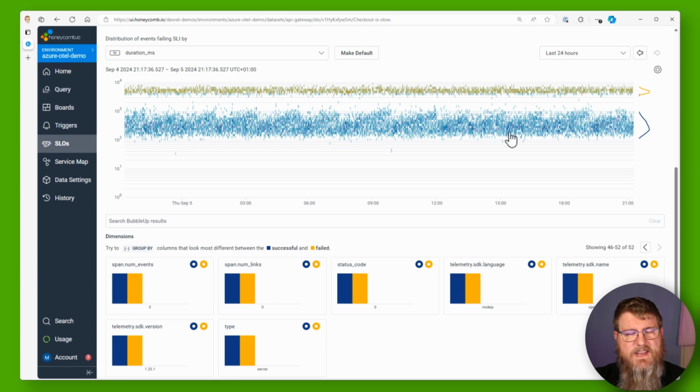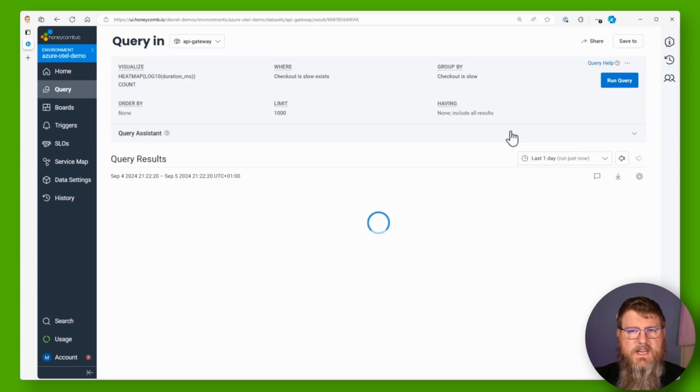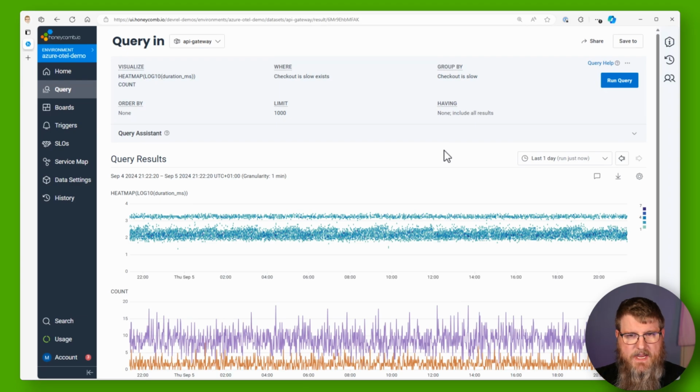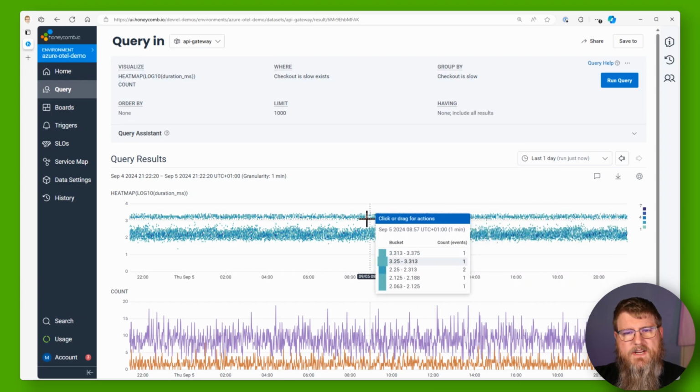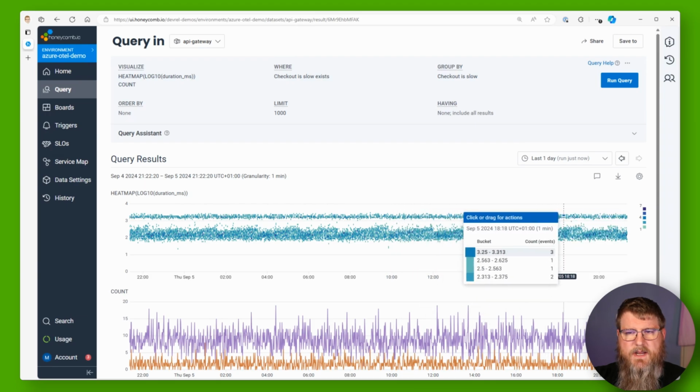Now we've got something called a heat map here. Let's click through and see where we get to. Now this is a heat map. A heat map is a three-dimensional graph. It's going to have our duration up the left-hand side, time across the bottom, so like a standard graph, but it also has a third dimension, which is density. So the darker colors mean more events landed in that particular segment. So we can see clusters, we can see patterns. Now we can see on this particular one here that we've got a big stretch of these slow ones at the top here. So let's click on a couple of these and see what we can see.